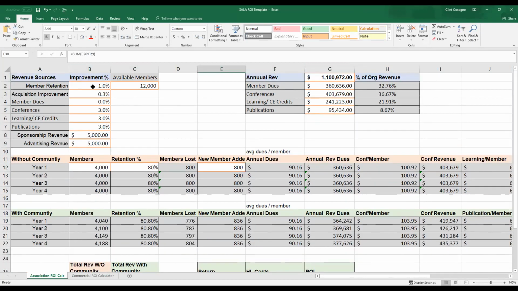And again, you can put any elements in here. We like to be extremely modest so we can zero things out. If we don't improve in this area, but we improve this area, you can sort of play with the formulas based on the information that we get. And the nice thing is all of this is public information in your public 990 tax. So we pull right from your tax documents and see, okay, this is what your member dues are now. How can we help increase that over the course of any given period?